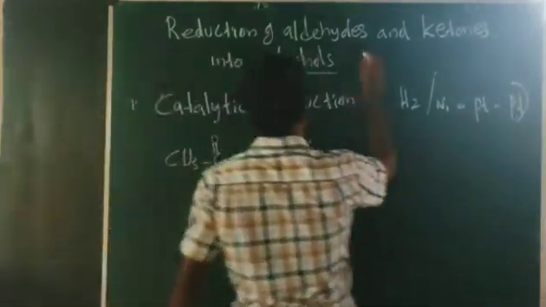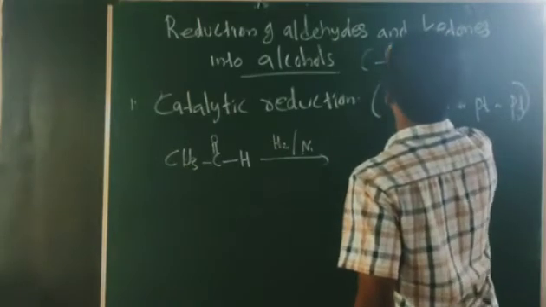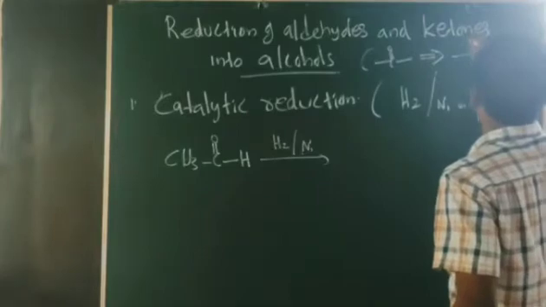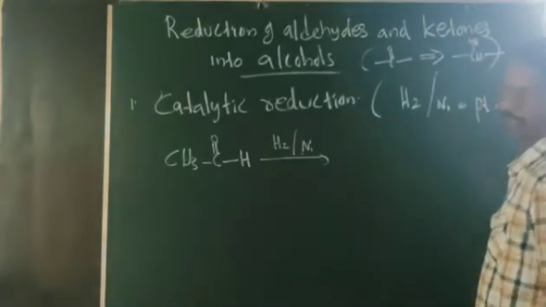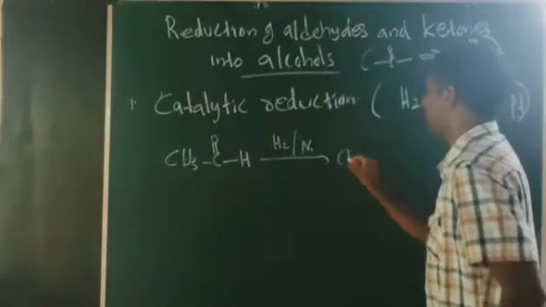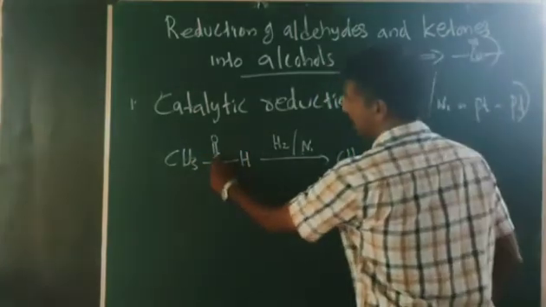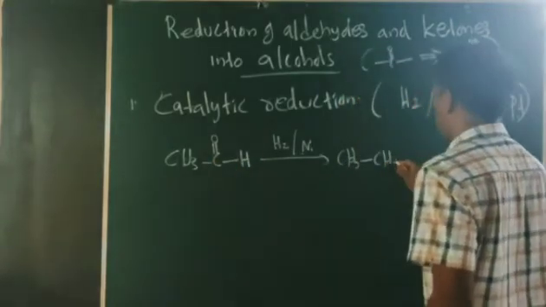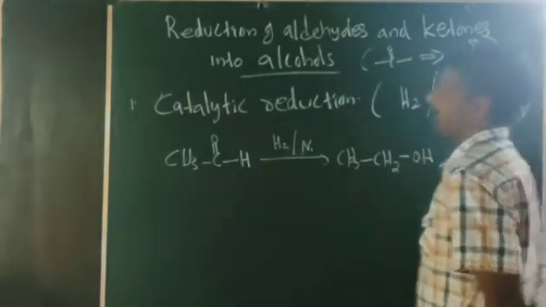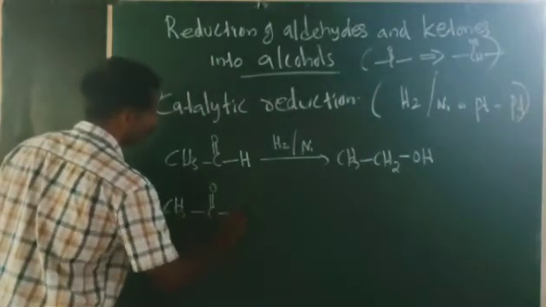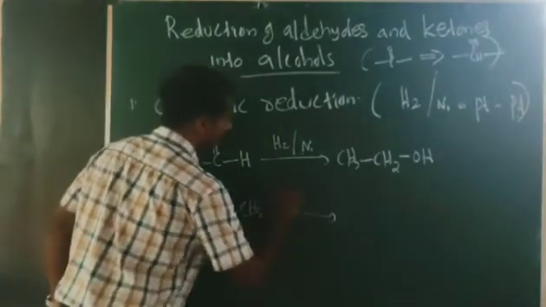So in alcohol, what is happening here? The CO group is converting to CHOH. What do we get here? CH3, CHOH, CH and H, that is CH3CH2OH. And if you take a ketone, CH3COCH3, acetone, when reduced with hydrogen in